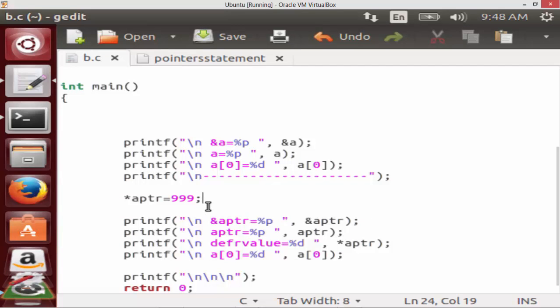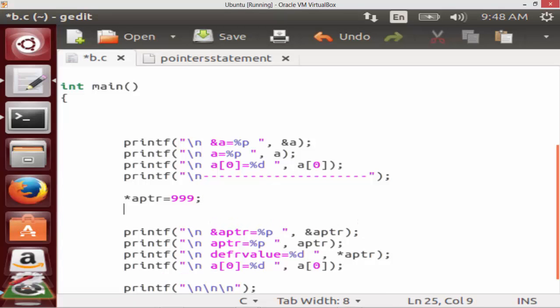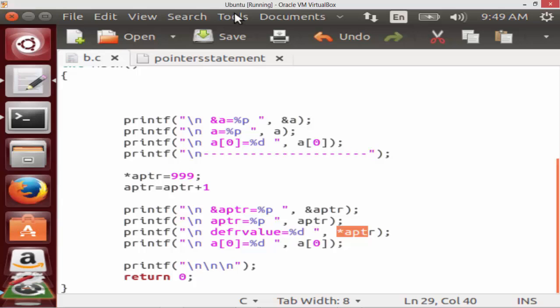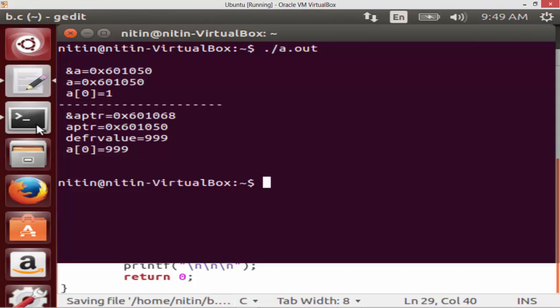Now I will do aptr = aptr + 1. Initially it was pointing to a[0]. Let us see what will happen, and then I will print the value of aptr.